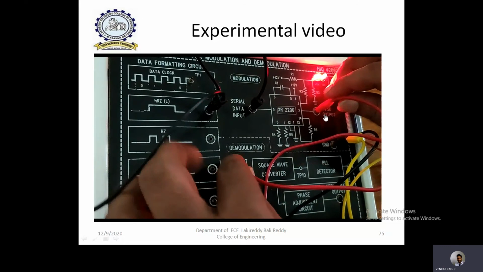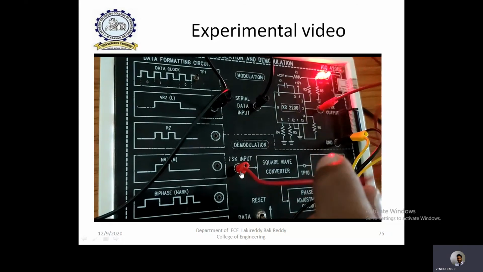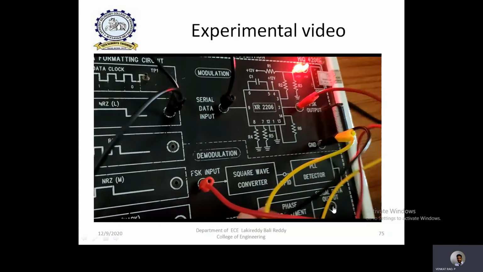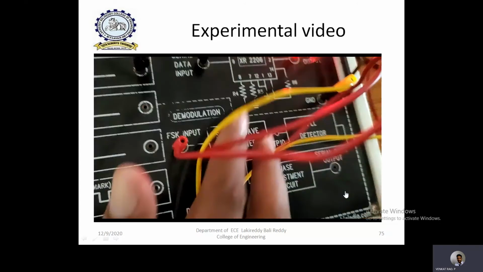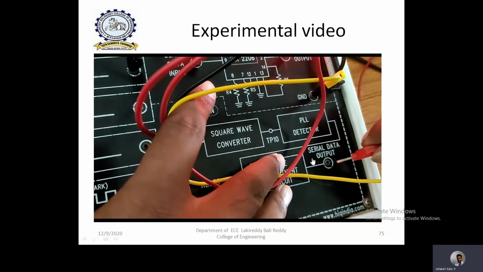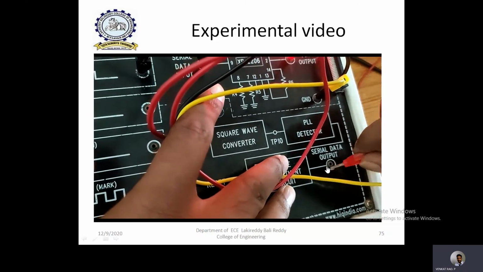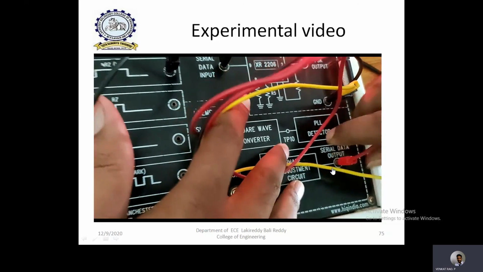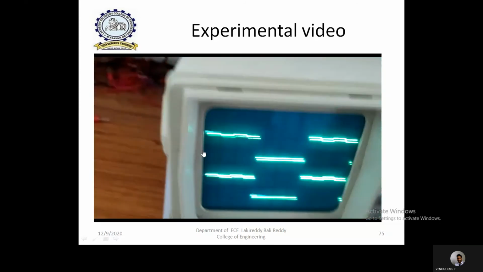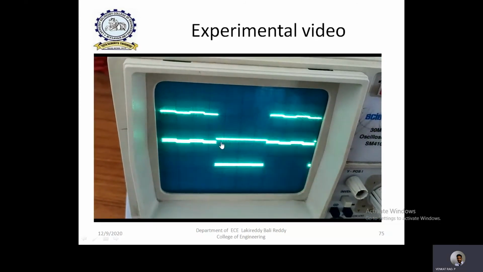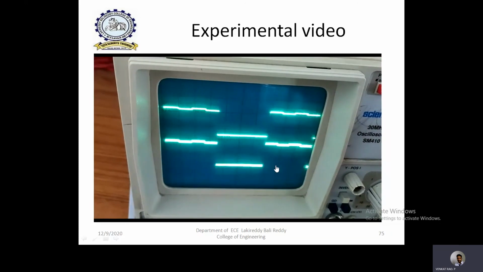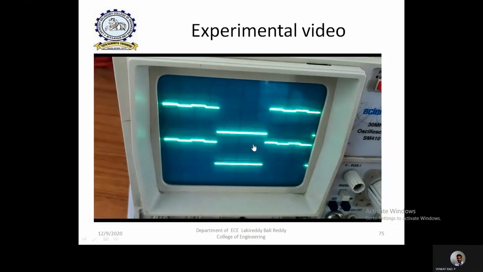Now connecting the modulator output to the demodulation input. Now I am directly observing the demodulated output as a serial data. So here one thing you need to remember is the demodulated output bit sequence must be same as the input sequence we have applied already. Okay. Now I am observing the demodulated output here. This is the demodulated output, and again I am comparing with the input directly by placing in the dual mode. So both the input and demodulated output are exactly same. So that means the same bit sequence is demodulated at the output.